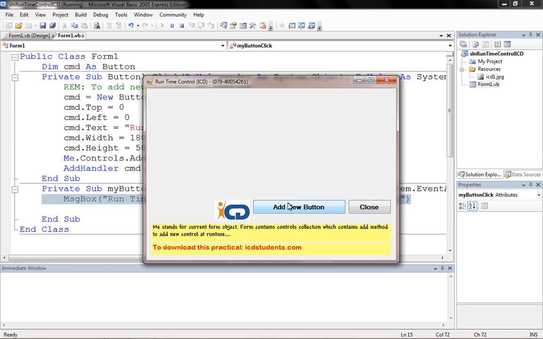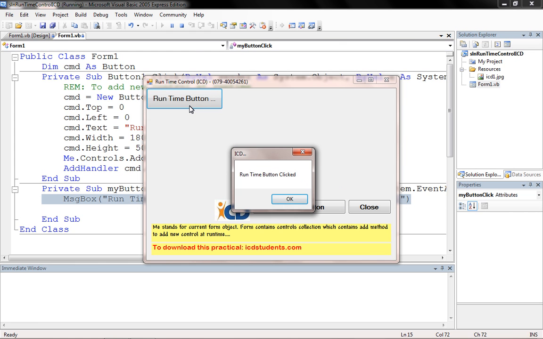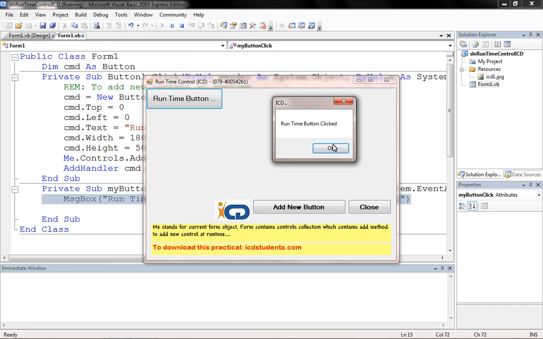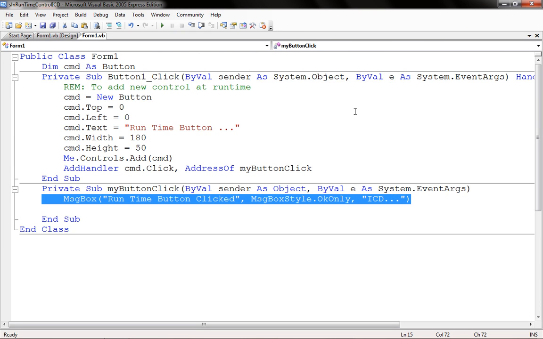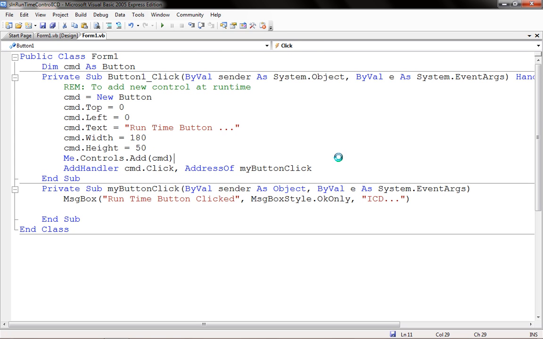So we'll click on a button, this raises a new button on the form, and on click we have a message box. So that's how we can get an event of a button which is added at runtime. That's how we can add a new object at runtime as well as provide an event for an object added at runtime. So this is the first part of